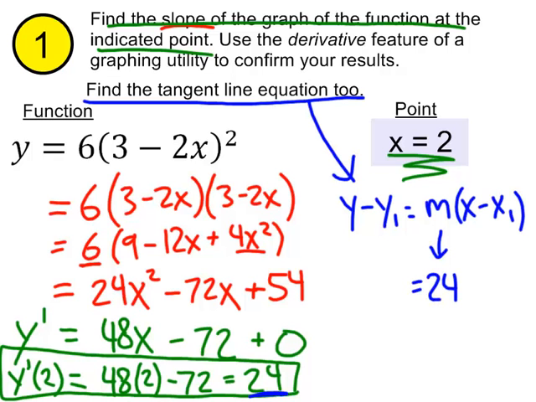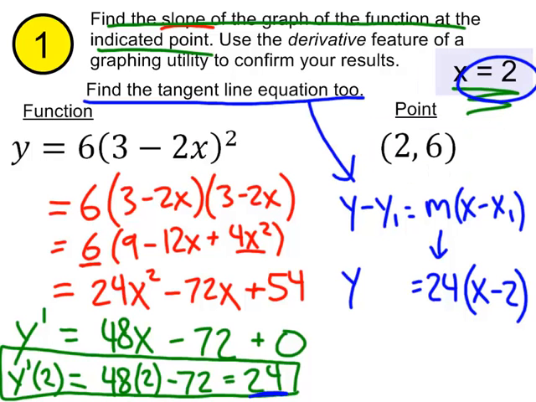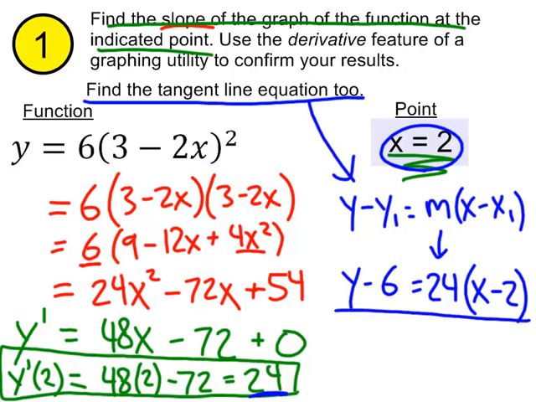So that's the 24. And even though it says x equals 2 here, I really need to recognize that that's what I'll plug in for x1. So I'll x minus 2 here. And as far as what do I plug in for y1, that's what I was commenting earlier. If you're just given the x value, plug it into your original function. And if I have 3 minus 2 times 2, and then I square it and I multiply by 6, I'm going to get 6. And it turns out, by the way, that's what was originally under here. I had both the x and the y given, but I wanted to pretend that we're just given the x value. So this is our tangent line equation, and I've said it before, you can put a box around it there,